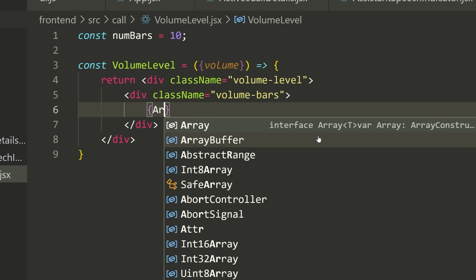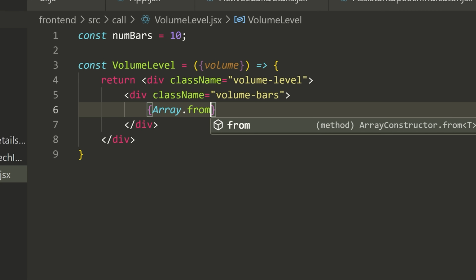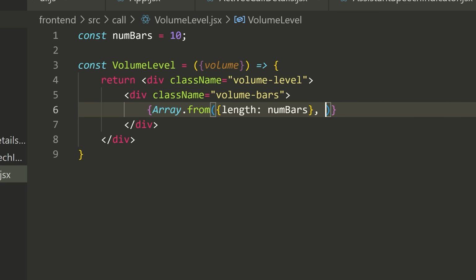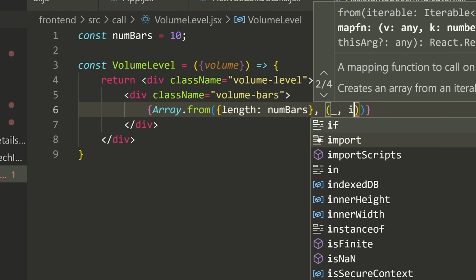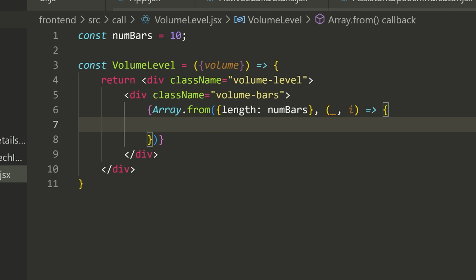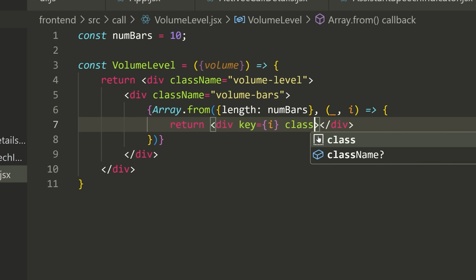And then we're going to have an array. We're going to say Array.from, and we're going to do the following. We're going to say length numBars, not numbers, numBars. That's kind of funny. Then we're going to have a function. We're going to have underscore and then i, and then this is going to map out what we want to display. So we're going to say div. We're going to close our div, and this actually needs to be a return. And then for the div, we're going to say key is equal to i, and we're going to say className